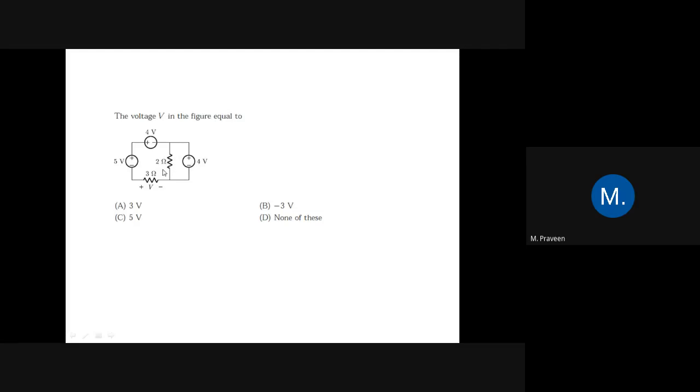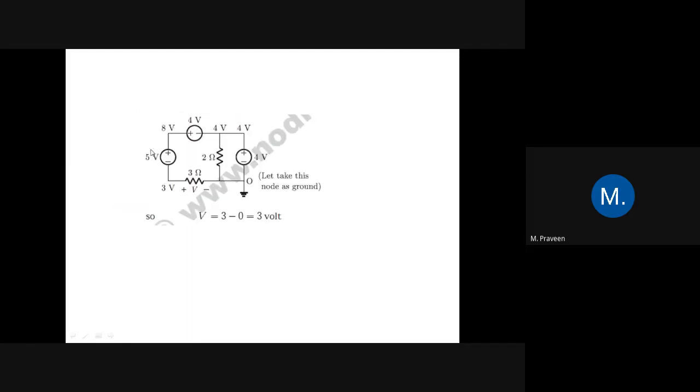So here also you are going to have 4 volts. Here it is minus to plus, and here also it is minus to plus. Therefore, at the corner you are going to have 8 volt. Just see the diagram here. Here it is the 2 ohm resistance, here it is 4 volts, so this 4 volt is going to be the voltage here, and here also 4 volt. Both are minus to plus, therefore here it is going to be 8 volt.